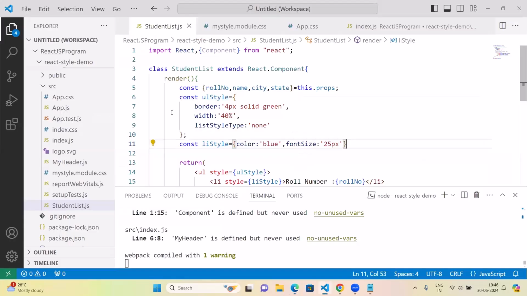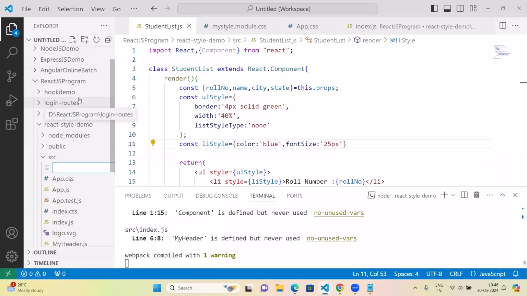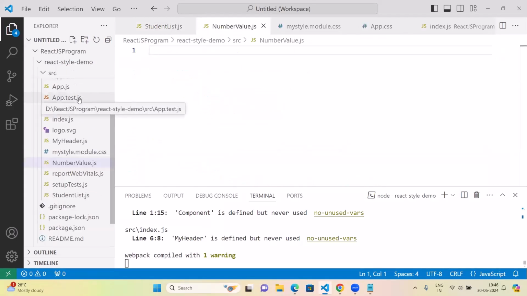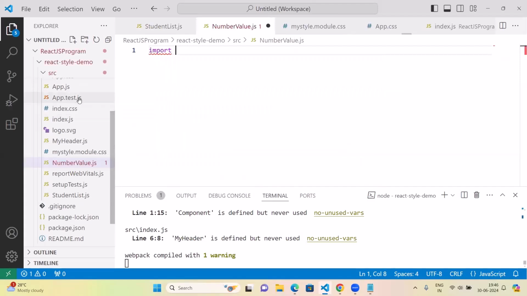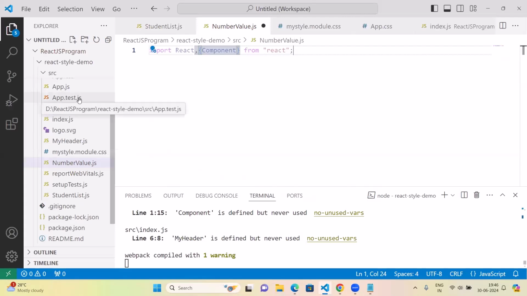Okay, next we are going to create one more example. Here I'm going to give a component name, number value.js. Now, what we need to do, first we have to import React from this, as well as we need to import Component. Then